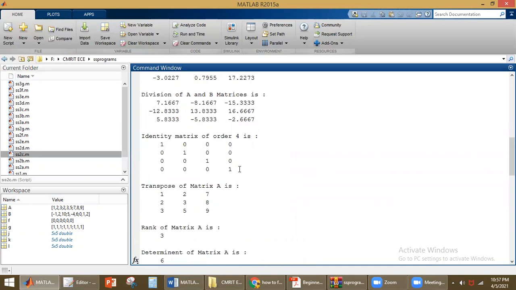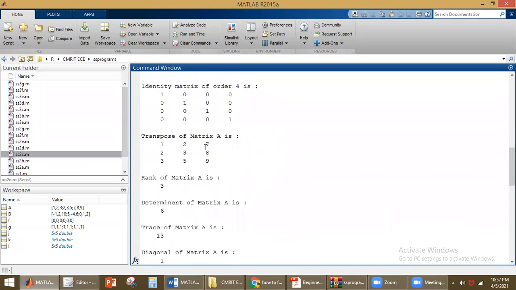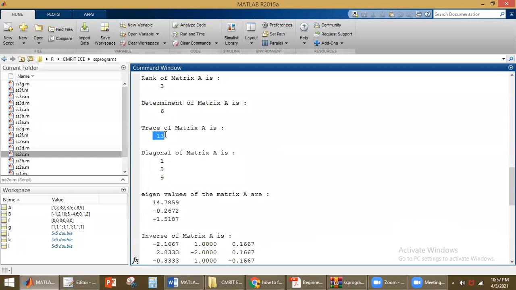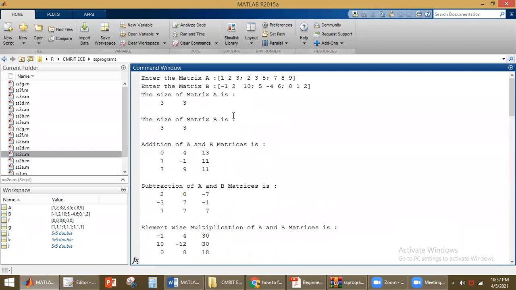And see here, this is the identity matrix and the transpose. What happens here is that row elements appear as columns and column elements appear as rows. Then the rank of matrix A is 3, the determinant is 6, and the trace is displaying the diagonal elements of matrix A. So here, see what the diagonal